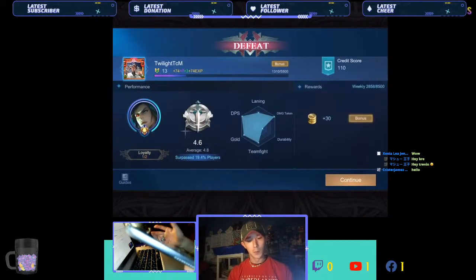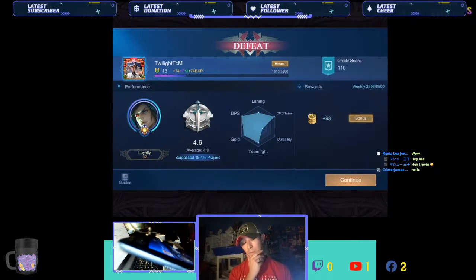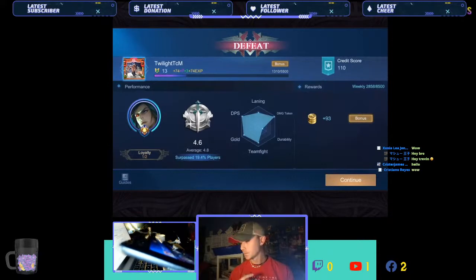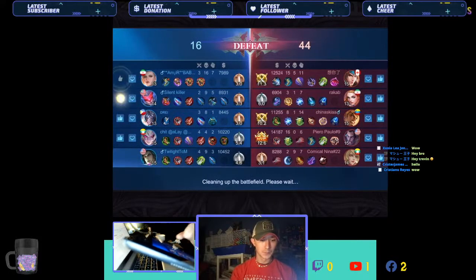So we ended up with a 4.6 silver shield and Saber. We took a lot of damage, we did a lot of team fighting, we got a lot of gold, and we had a lot of DPS, which is... What does DPS stand for on here? I don't know, we'll figure it out, but...